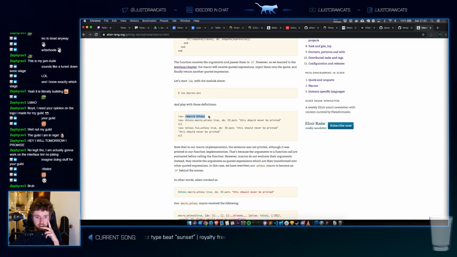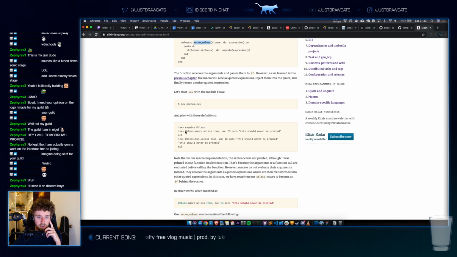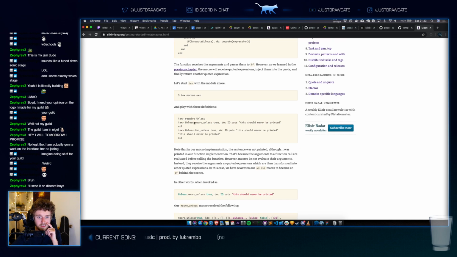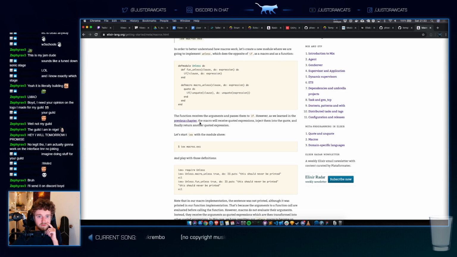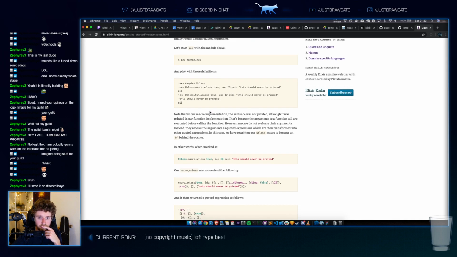So you import unless. But this is the macro called. Unless macro unless true do IO puts. I literally have no idea what that just did.